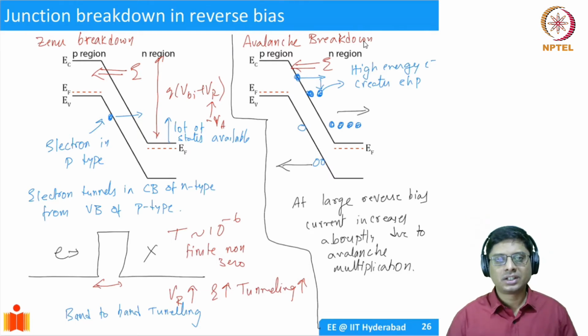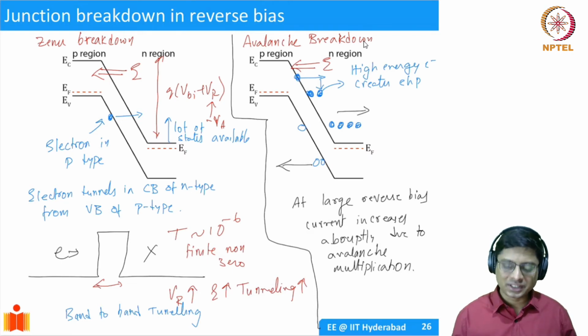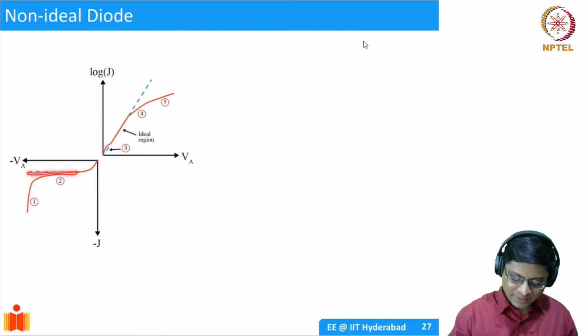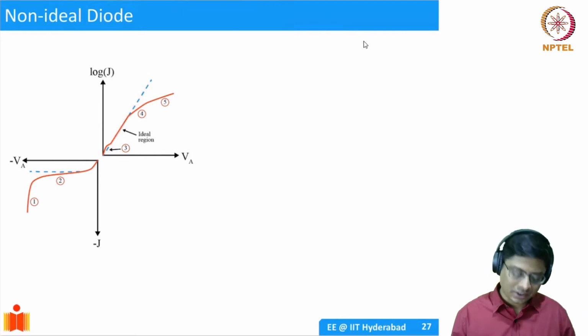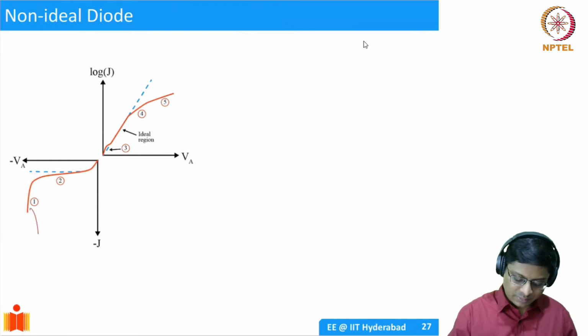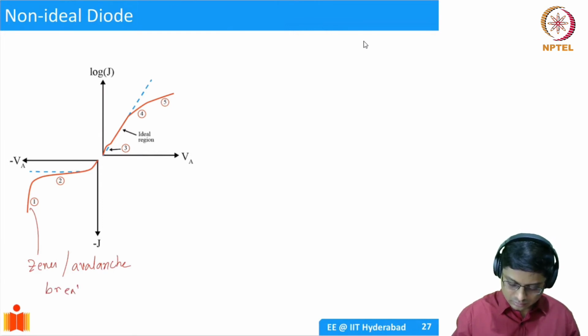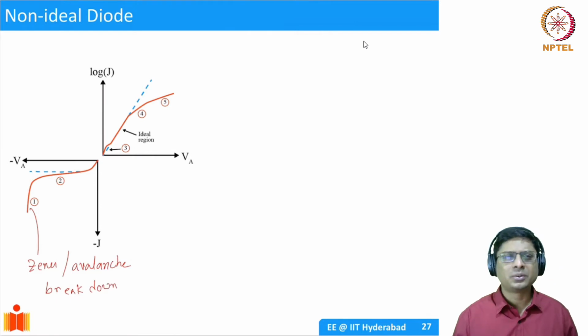These are the two main junction breakdowns that we see in PN junctions. And how does it reflect in the IV curve? Well, we saw the initial ideal IV, which was in the blue. Now I made it a dashed curve here. If you have junction breakdown, we see that in the reverse bias, after some point, it simply increases. This is basically called breakdown. It could be either Zener or avalanche breakdown. What exactly depends on the voltage ranges and so on, which is not important for us right now.